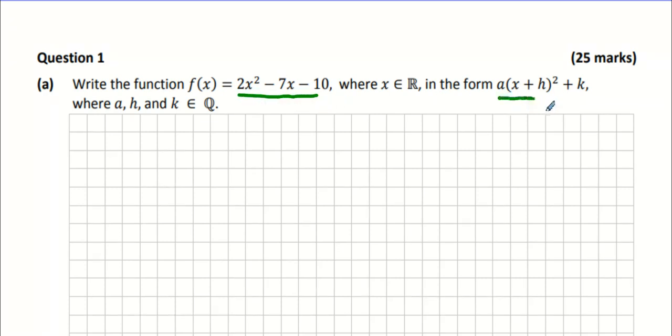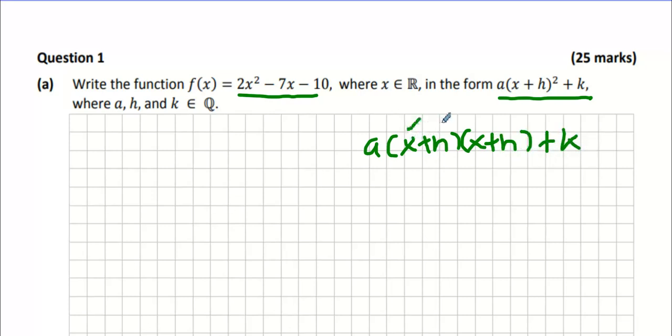It can be written like this. Is that okay? Now here's what we're going to do. We're going to multiply that one out. Do you see the second one? We're just going to multiply that out. And what we're going to get is